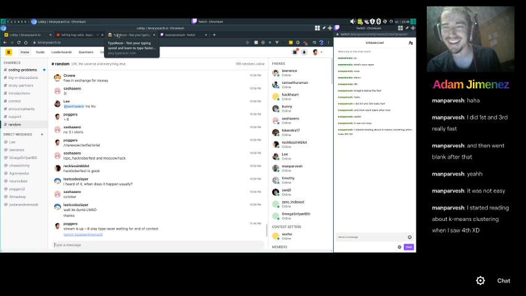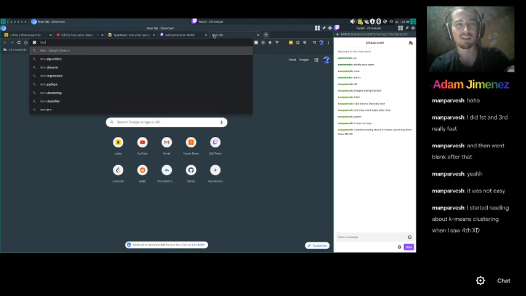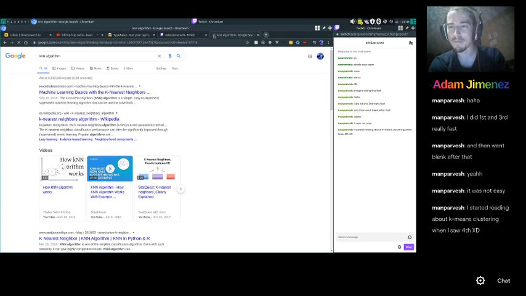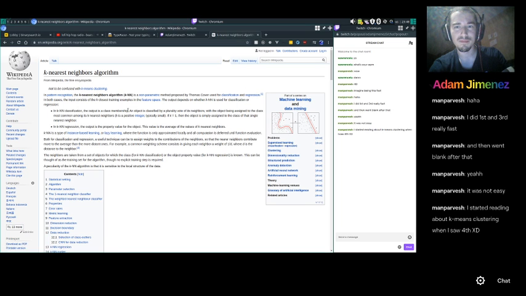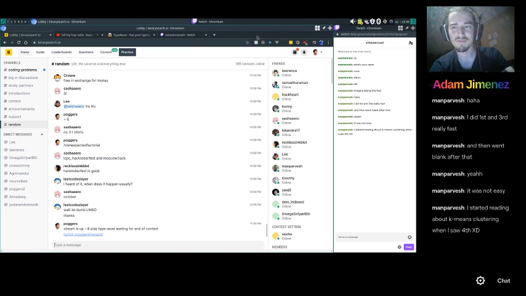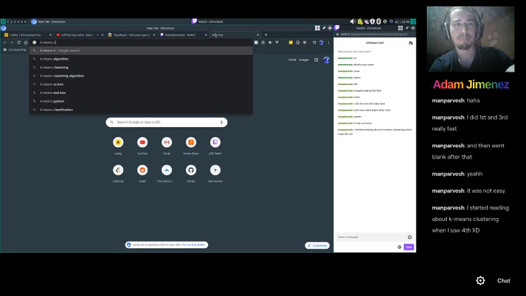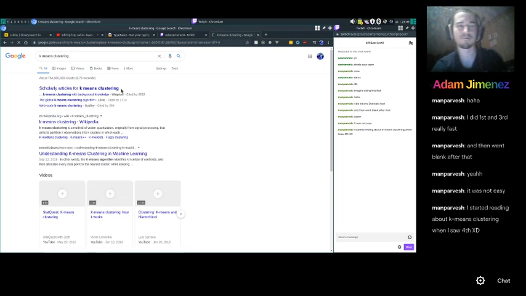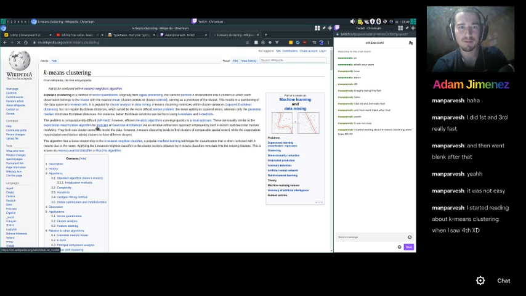Oh no. Well, it kinda is like that, but like nearest neighbors. But not really. What's K means? Not to be confused with K nearest neighbors, okay.